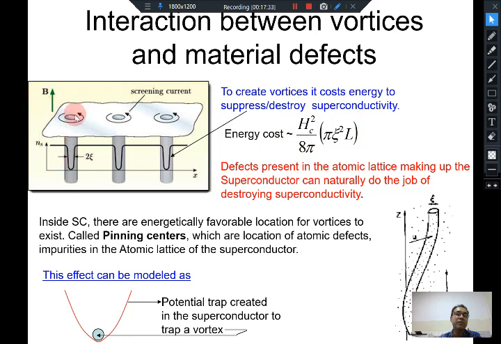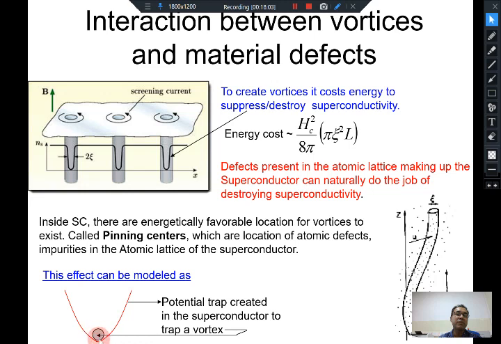This much amount of energy, if you supply to the superconductor, you will create a vortex in this region, and that is typically taken from the magnetic field. But if you have impurities inside the superconductor, the impurities already are non-superconducting, so there you don't need to supply any energy to destroy superconductivity, and so actually vortices prefer to align with these normal regions or impurities, and they get pinned out there. Okay, it is like a pinning barrier.